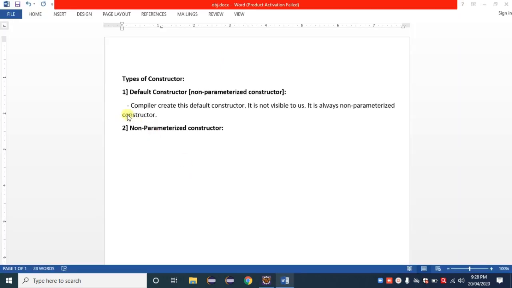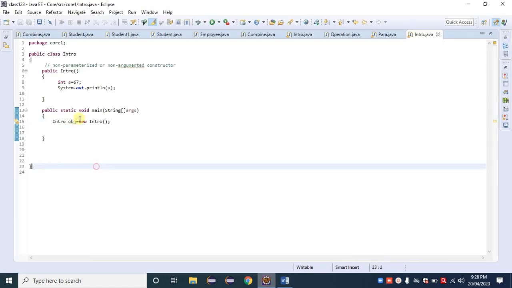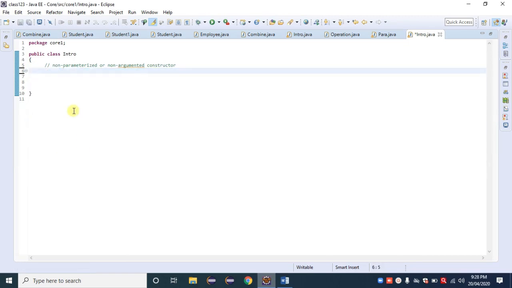Then we have a third type with us, that is called a parameterized constructor. I am simply modifying that class here. A parameterized constructor, or argumented constructor, is also a user-defined constructor.